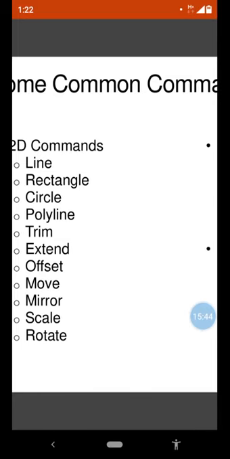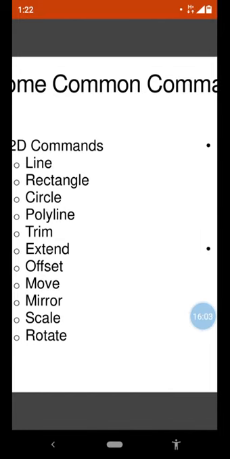This is called the mirror. Mirror means whatever we have drawn on one side of the center line, we draw on the other side.